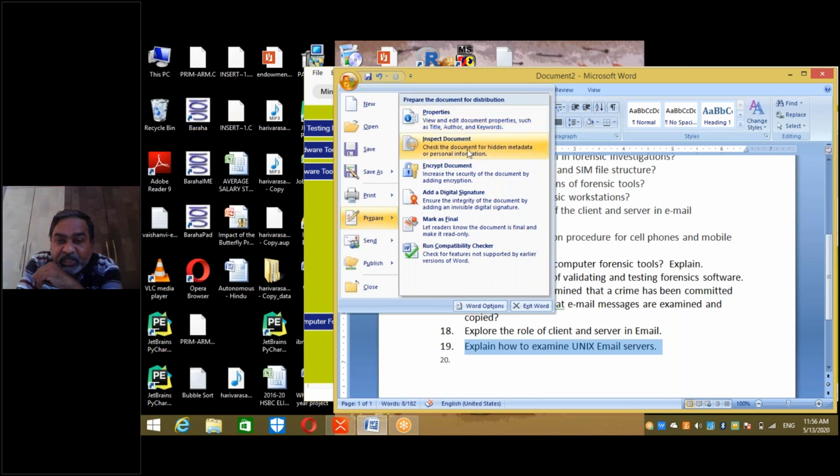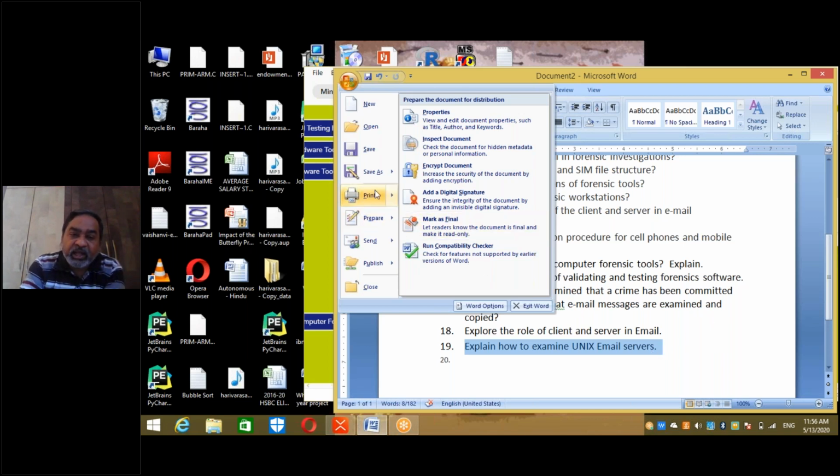Inspect the data, check the document for hidden metadata or personal information. Certain types of data can be hidden in the application also. Encrypting: information about whether it is an encrypted file or has a digital signature, right? So all this information is metadata.